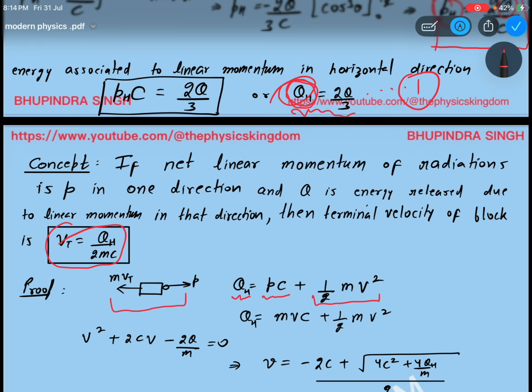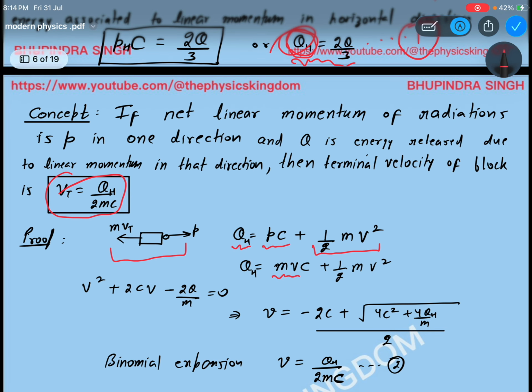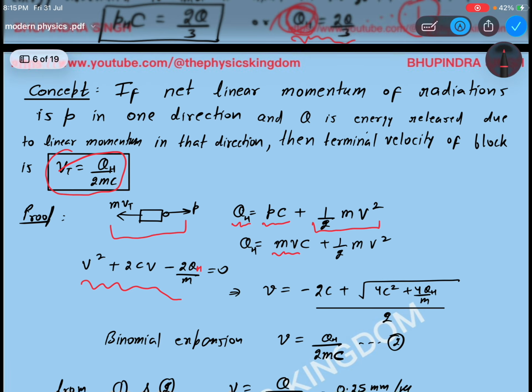Now its linear momentum must remain conserved horizontally. So this P I am writing as m into V. Then I am solving it in terms of QH, using the binomial theorem also. So in the